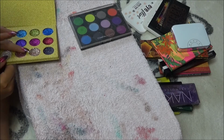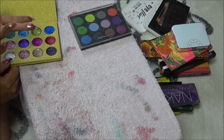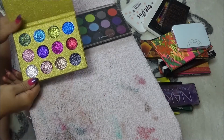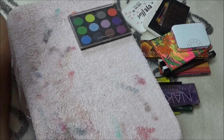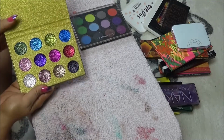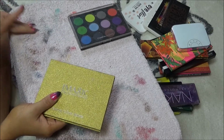Do I keep this? Like, the glitters seem good. I don't know. I really think I'm going to keep this. Like, does it smell? It doesn't smell or anything. I'm going to research this because the glitters are actually really pretty in this and they